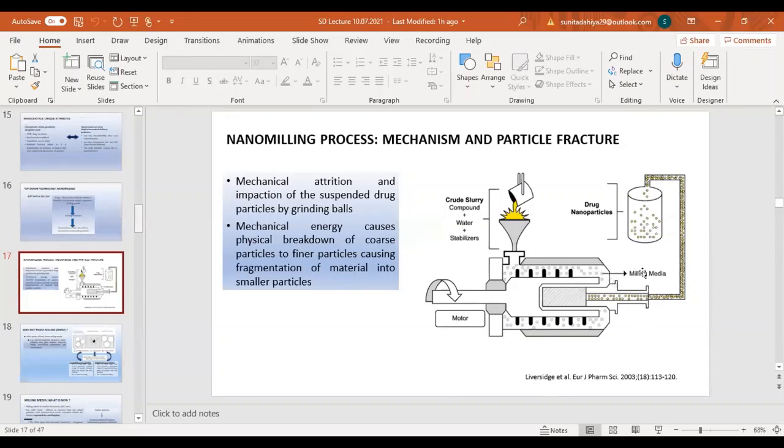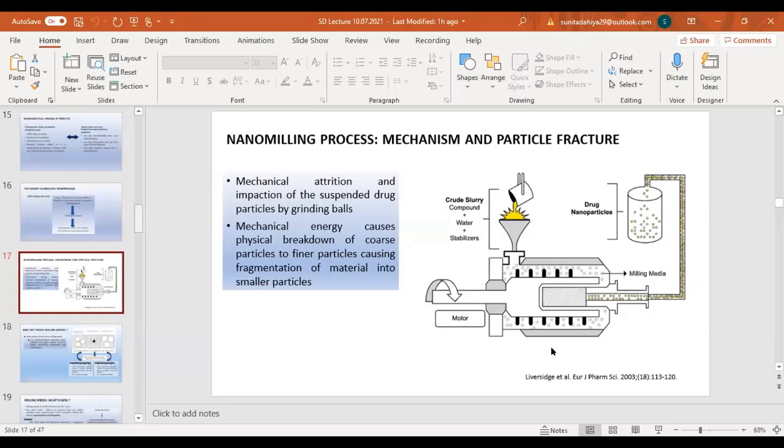Once it is run, you will have the screen here. If the milling media is of very small size, we should not allow it to mix with the product, so in some mills you will find a screen, right? It depends on the specific aim of your research and the target product profile, so selection of the mill depends on that. What is the particle size that we require? What is the particle size range that we want to produce, right? Based on that, you can introduce a coolant so that there will not be generation of heat, and it can even be used for thermolabile substances, right? Because we know that high energy input is required, and in that case there will be generation of heat.